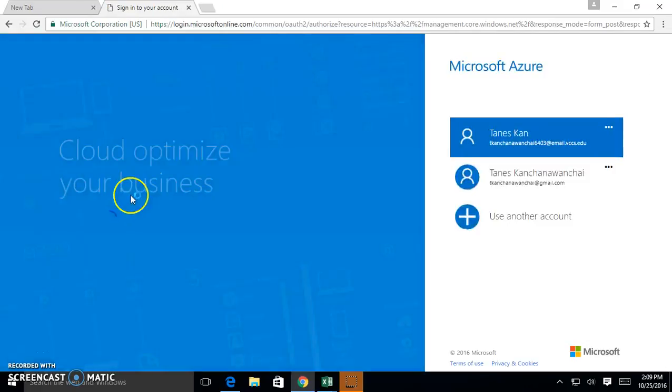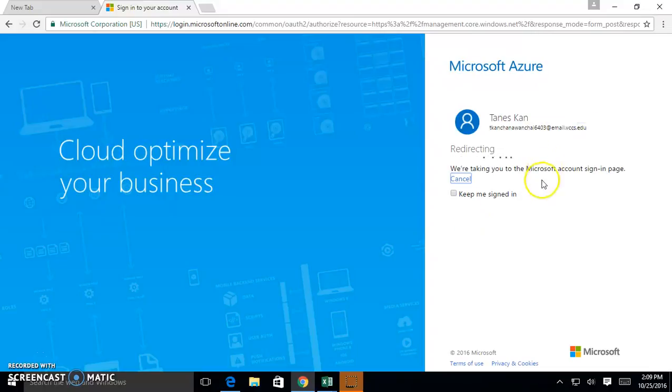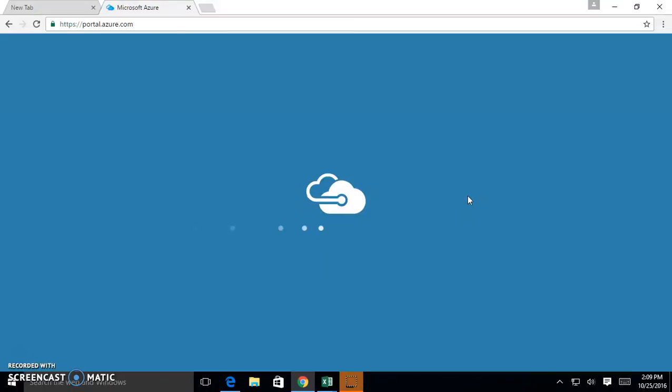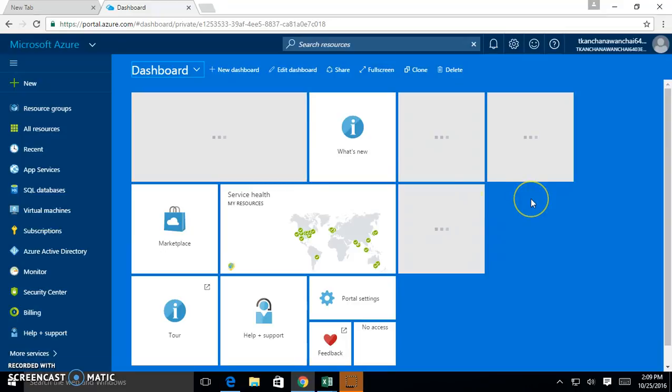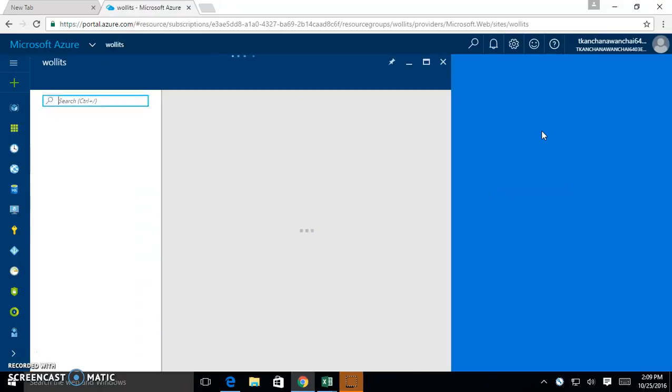Alright, so we go on to the Azure portal. Last time we wanted to run the web. So this is the web that we launched. Now let me show you how you can actually publish. Last time I showed you how to publish with FTP, right? So this time I'm going to show you how to publish with